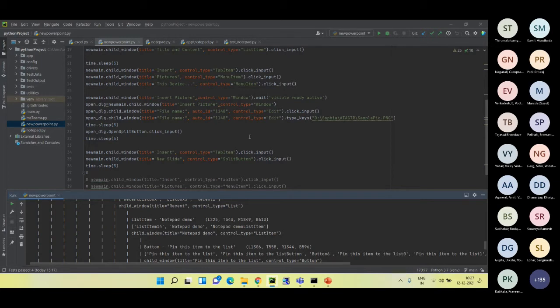When we started off, we would first do a print control identifier on a particular application, thinking that it would show all the components of that application. No, it's not like that. You need to be on that instance of that application to see the control elements of that particular instance. Okay, so let me run the code till here and then show.